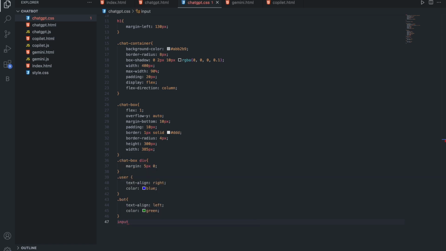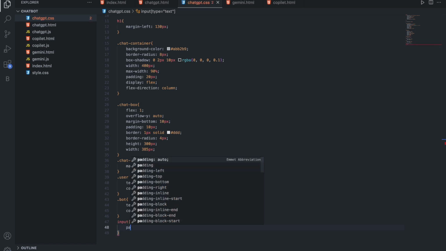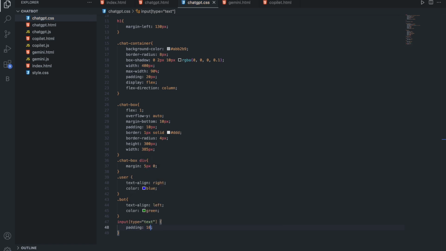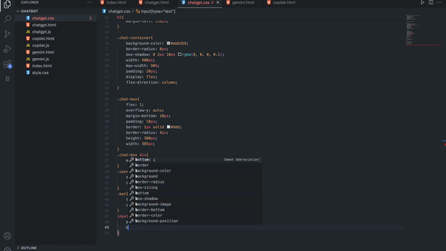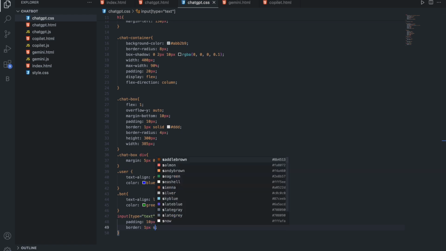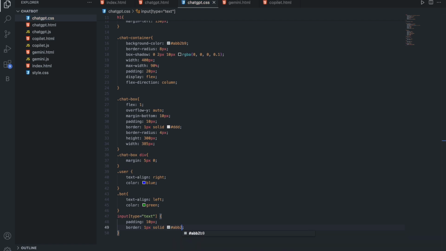Input type text, and here padding 10, meaning that for inputs we have 10 pixel, border 1 pixel solid, #ABB2B9,